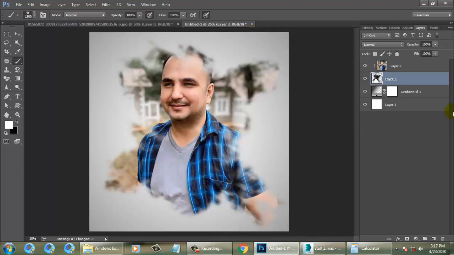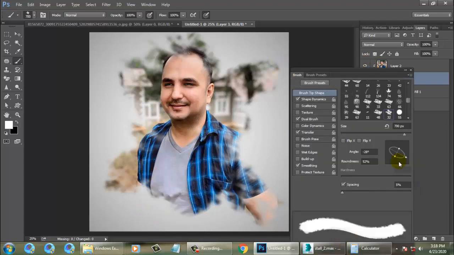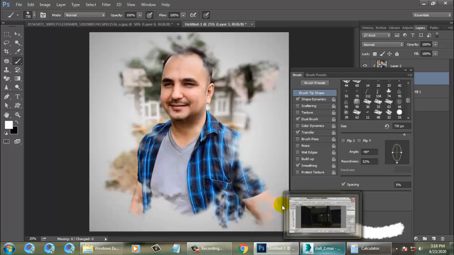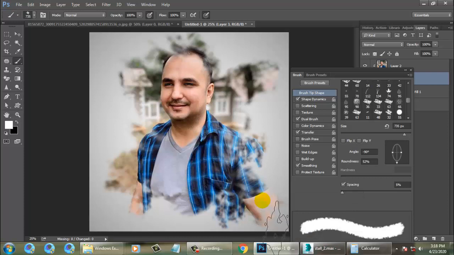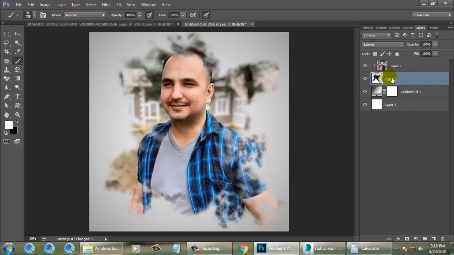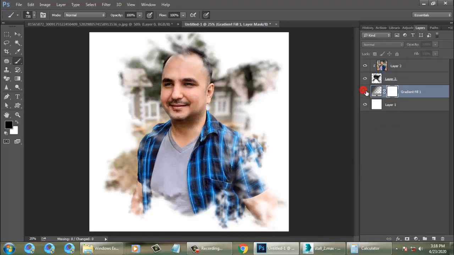I'll again click over here and reduce the brush size. F5 is a shortcut key for brush. Just rotate this stuff in this way. This is your background.